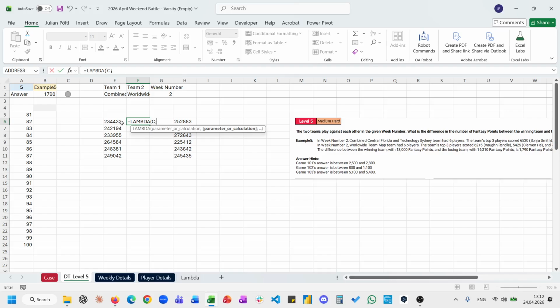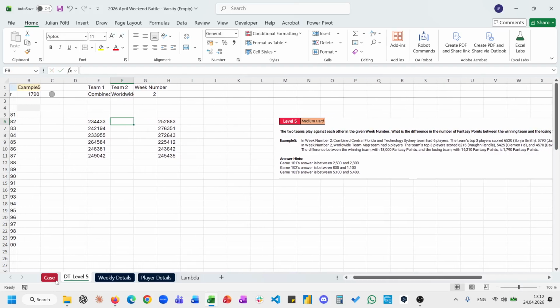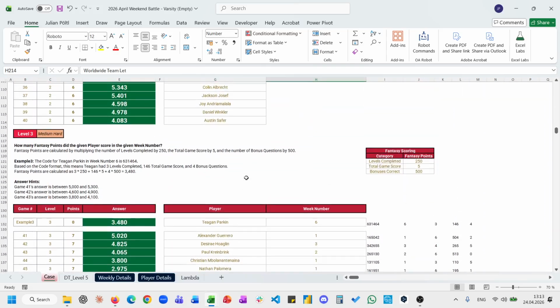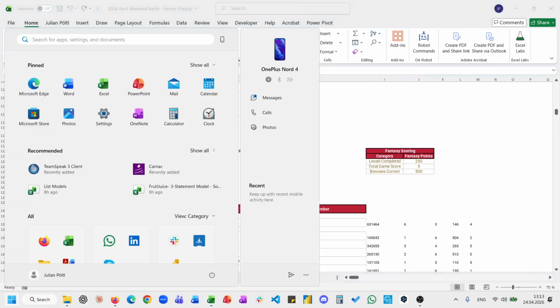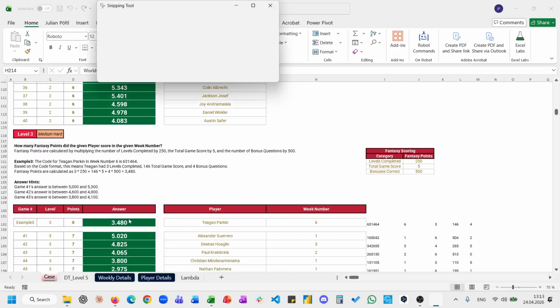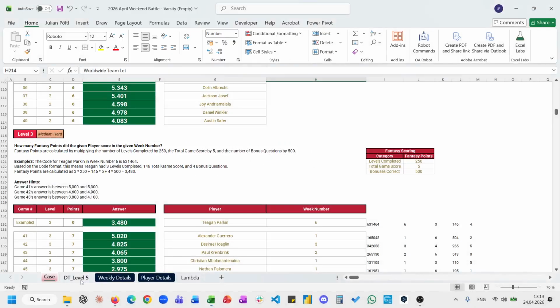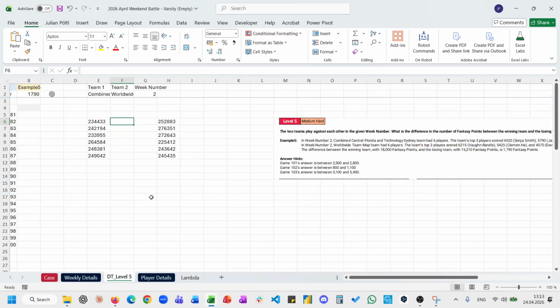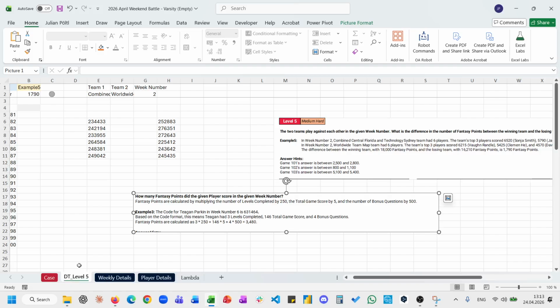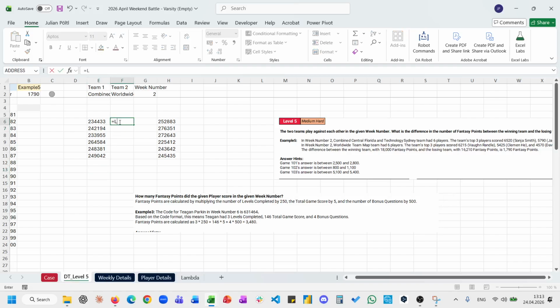And then I need here some advice. And yes, I will hard code this. Sorry for that. Wow. LAMBDA C. LET